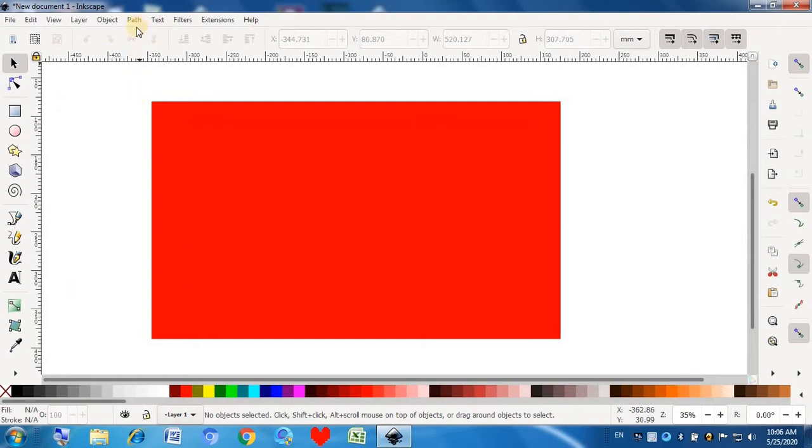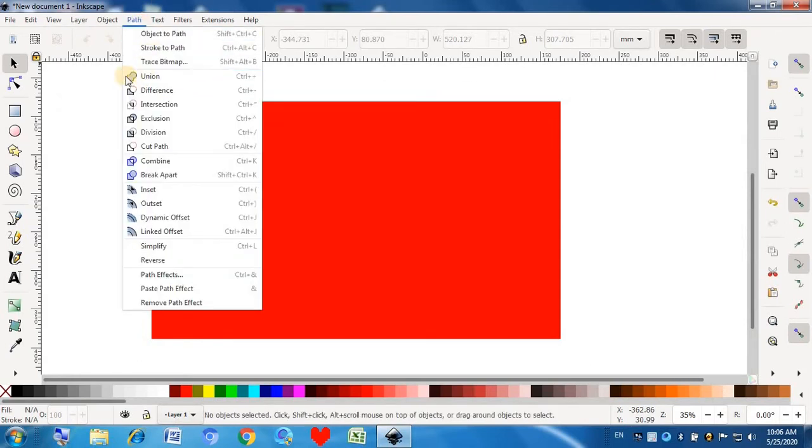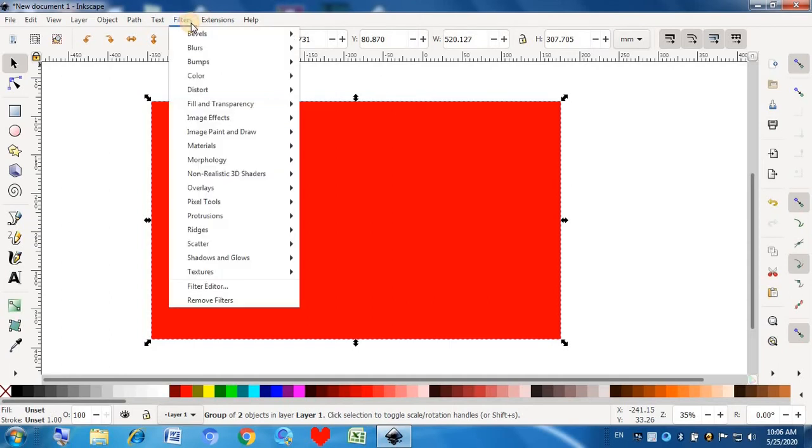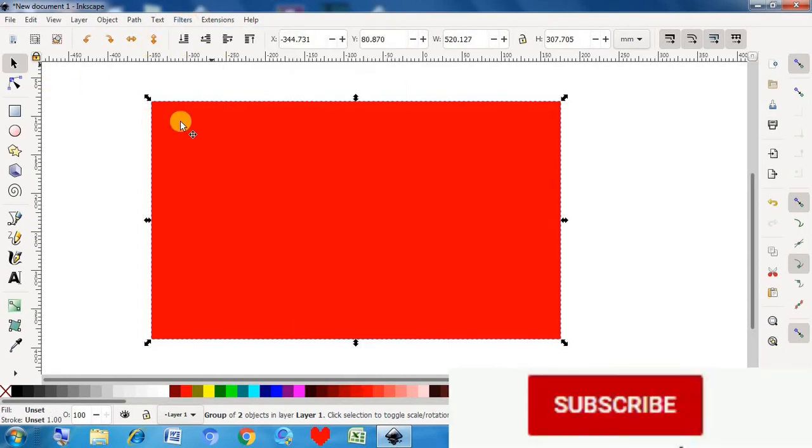You will click on the path tab, union, then you press Ctrl plus Z, right. After observing the same way, you will select this, put a filter and press Ctrl plus Z.